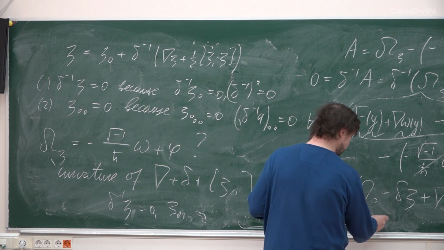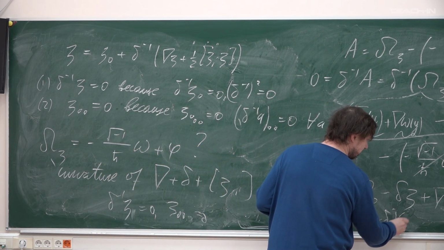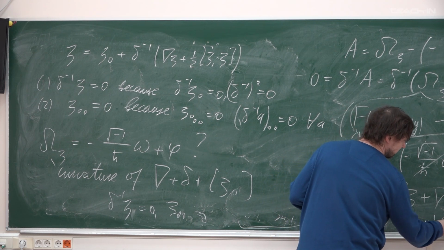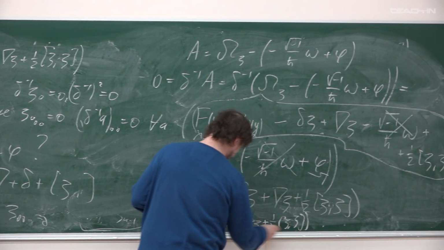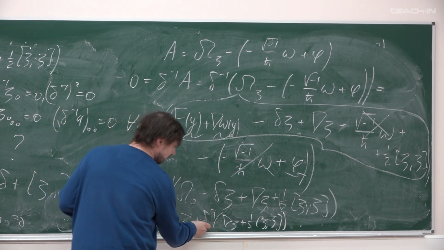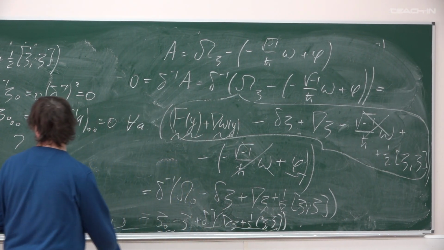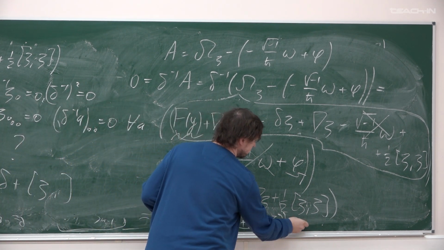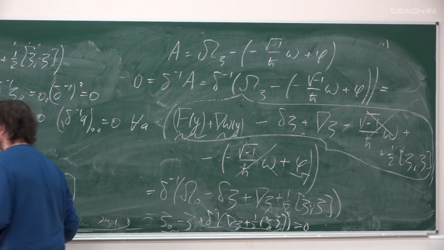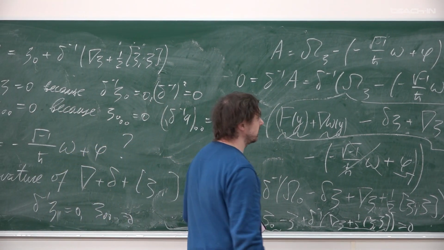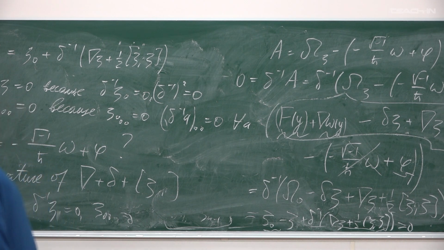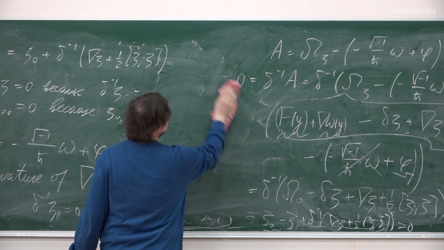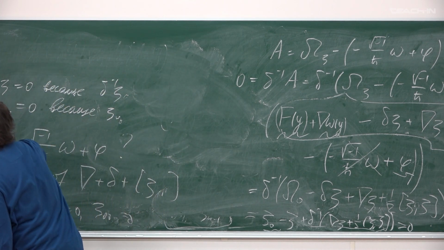And also we have plus delta minus first of nabla zeta plus 1/2 zeta comma zeta. But if you look into this, that's precisely the equation. So we get 0 as promised. Okay? Nice. What we also have is that